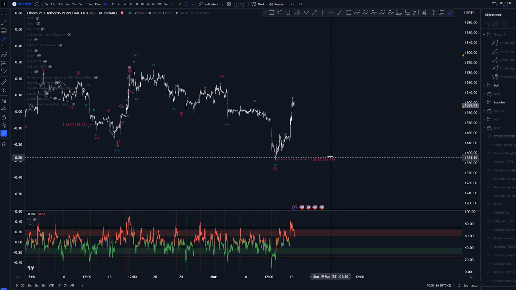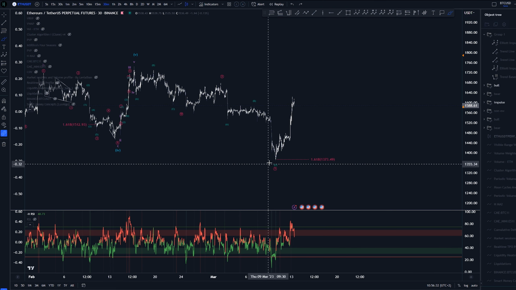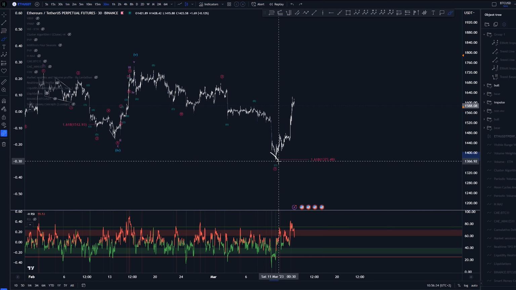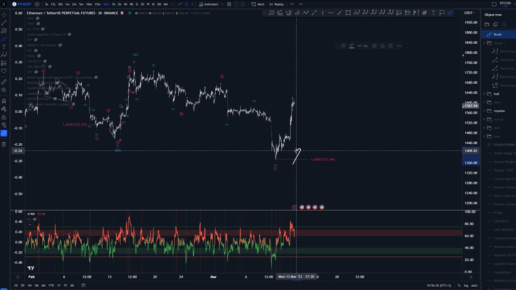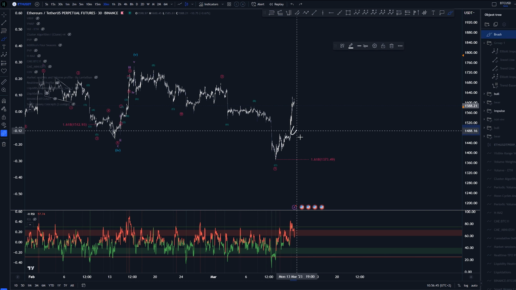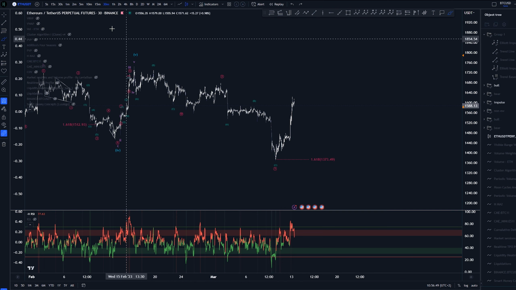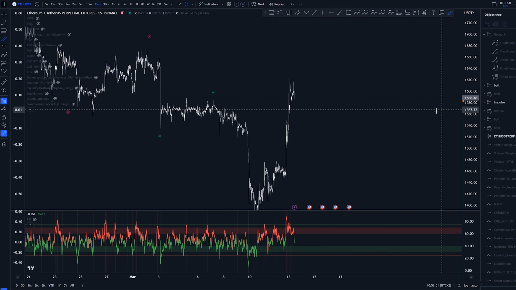Again, hitting that 1.618 turns us more bearish overall. However, this is basically the maximum we want to see WXYs go, and that is exactly what we had. We had divergence here, giving us the information that, okay, we are turning upside for at least temporarily, and then we would be most likely creating a wave 4 here in the form of that impulse wave, and then we would be looking for one more low. However, we did not do that.